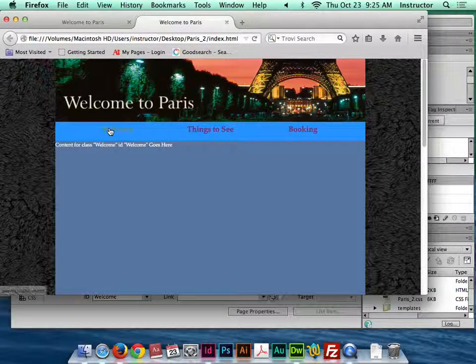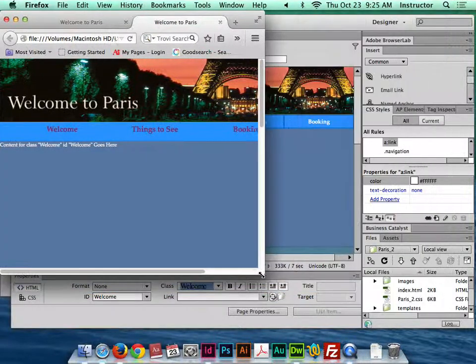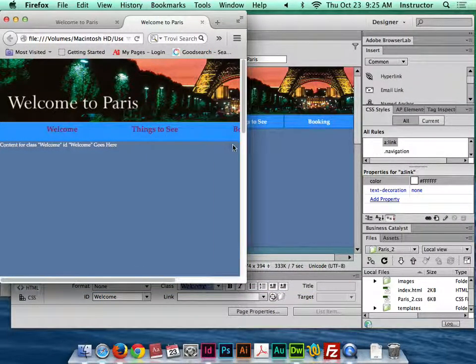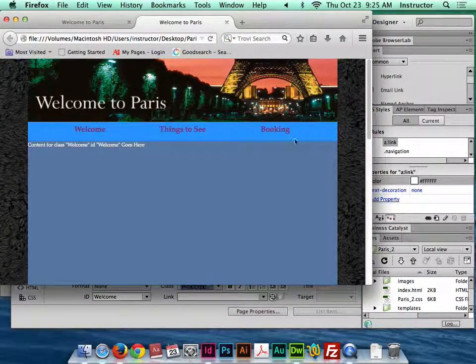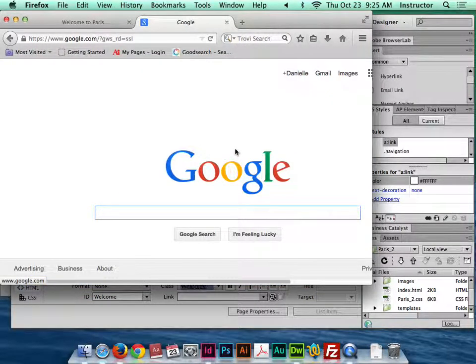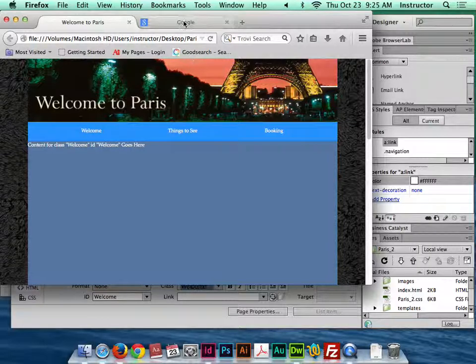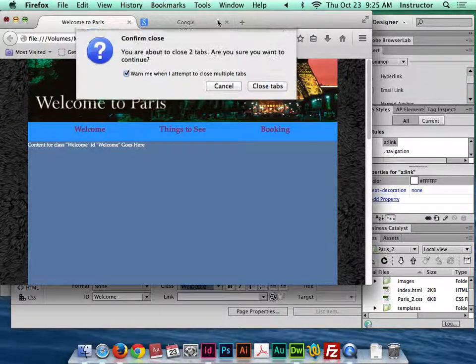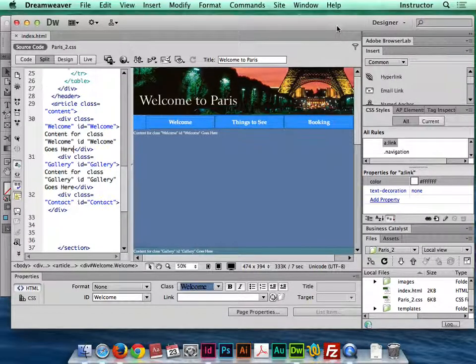I can add some padding into these to get them to shift. That's one of those things where this looks different than this. The reason that these are purple is because these links have already been visited before, so now they're going to look a little different. So we can see when I hit refresh that they're back to where they're supposed to be. So that is how to add links. We're going to